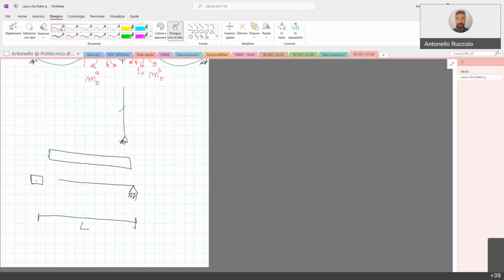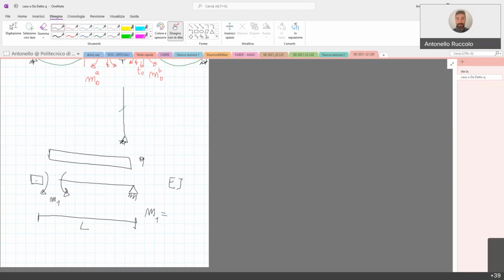And this beam has a length L, has stiffness EI, and is undergoing a generic load Q, then we will have this bending moment, and we can call it M1, and it is equal to,